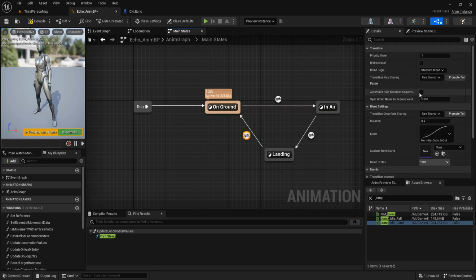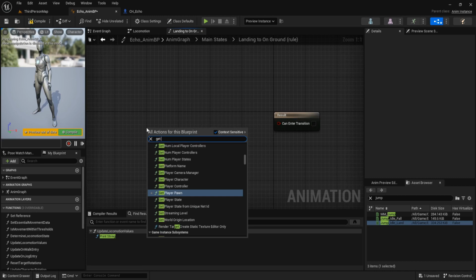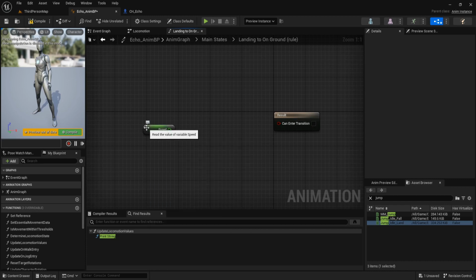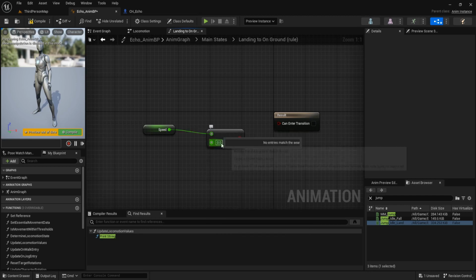Set duration to 0.2 and automatic rule based on sequence. And drag it again to on ground. And set it transition, get speed, greater than 100.